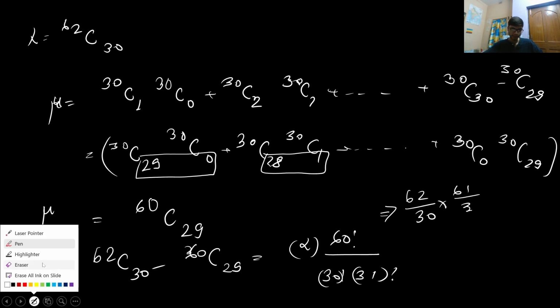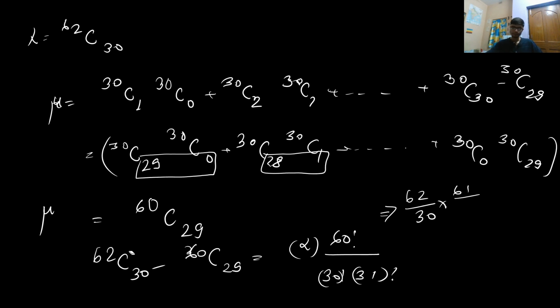Okay, 62 divided by 29, 29, okay, into 60C28 minus 60C29. Okay, so this is the value of the summation. So now you can try to basically put the values like 60 factorial divided by 28 factorial into, and